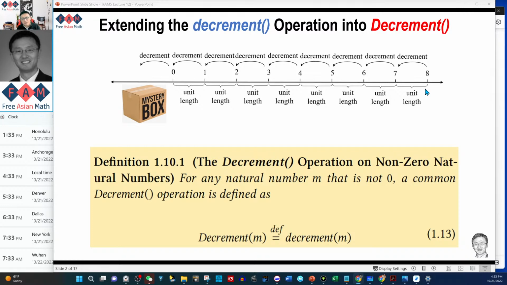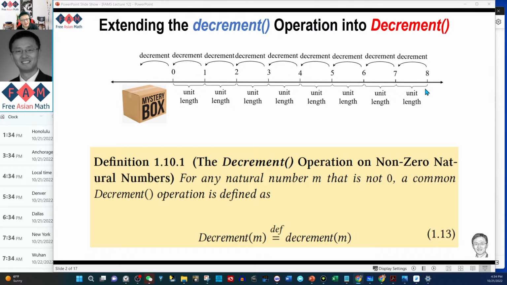And it overlaps with the old one because on all natural numbers, the two are exactly the same. In other words, capital D decrement is the same as the little case decrement for all natural numbers except 0. We cannot decrement with the little case on 0 because that's not defined. So we first redefine decrement so that for any positive integers 1, 2, 3, 4, the two operations are exactly the same. Then from that point on,